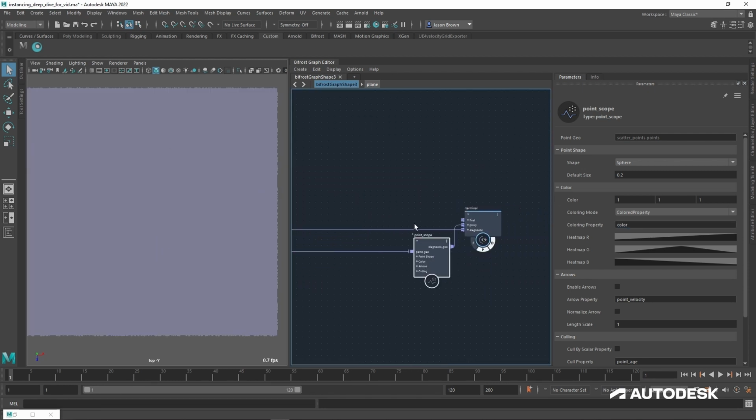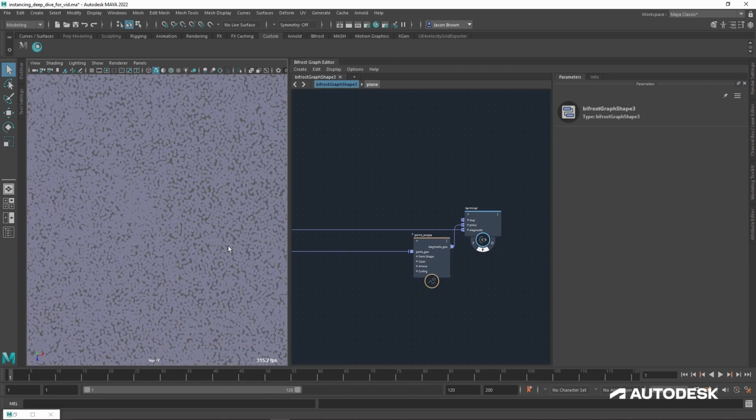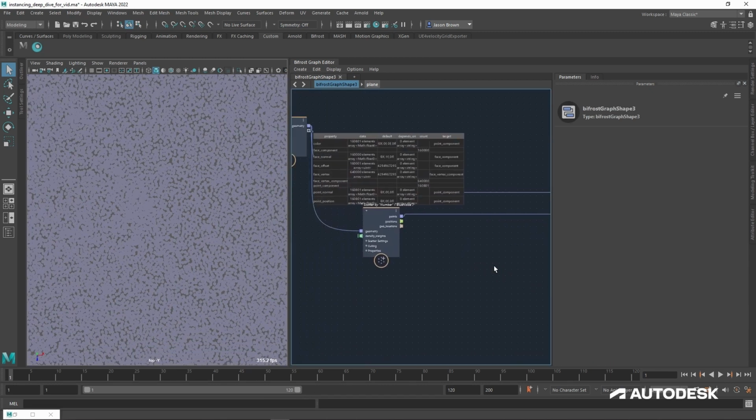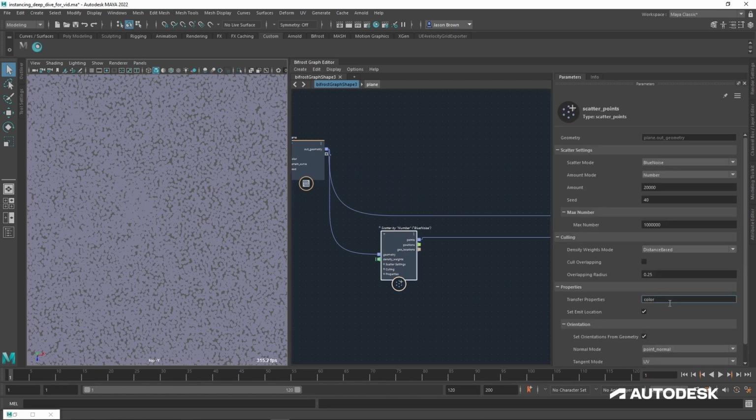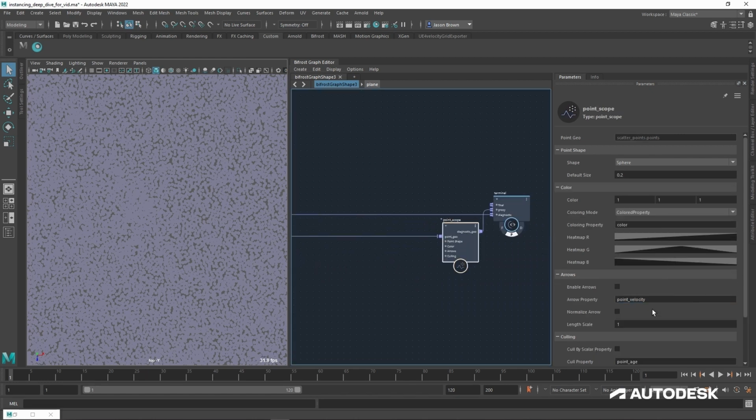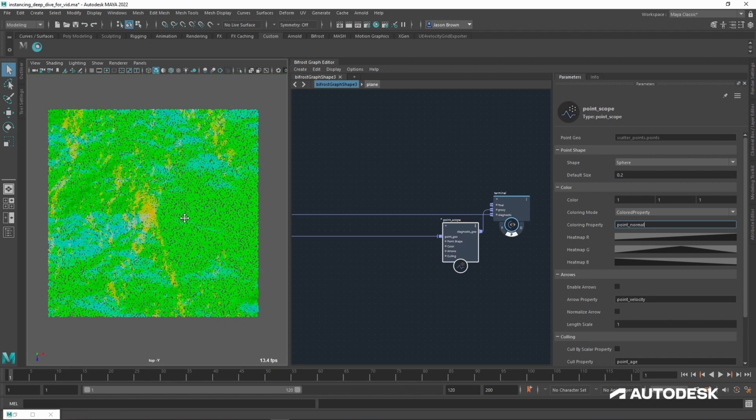And they look like they disappear because they're the same color as the plane. They're picking up the color of the plane when they're being scattered and transferring that attribute onto the points that it generates. So if I want to get the point normal back, I'll just have to put point normal back in there. Come back over here, change this to point normal 2. And then we've got our normal colors back.